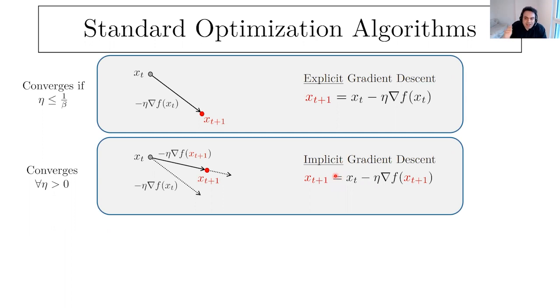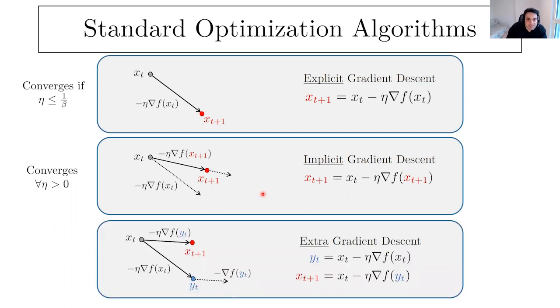But the main reason that I pointed out is that there is a very important take-away message here, what I said earlier: hopefully this is convincing enough for us to know that the gradient of the next step that we land in is more important than the gradient of the current position that we have. And this simple observation was actually the birth of a new algorithm. They call it extra gradient descent.